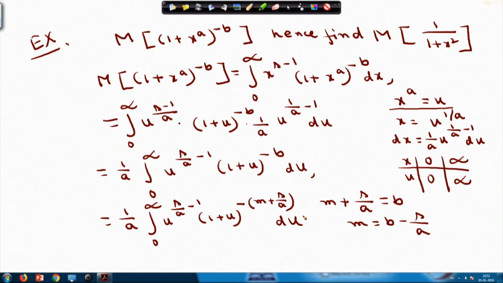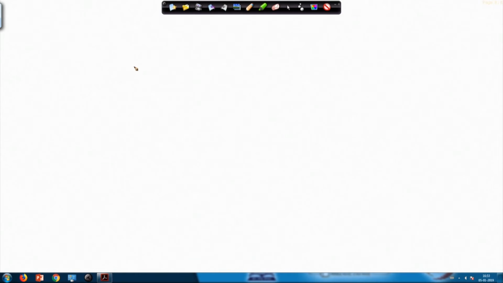So effectively, the Mellin transform of (1 plus x to the power a) to the power minus b I am writing as this integral. I am rewriting this in the next one,